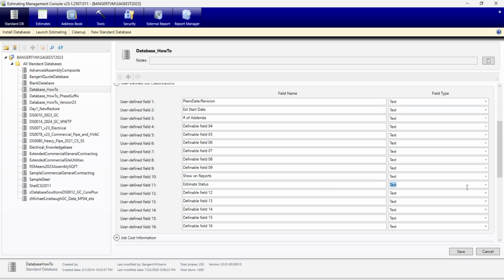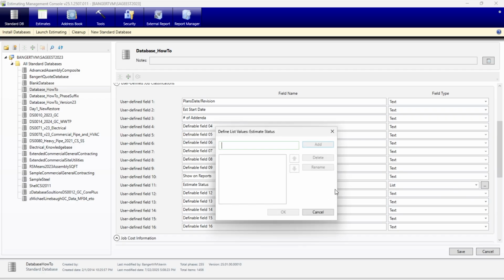But this is also where you can actually change, is that going to be a text field? Is it going to be a date field? So maybe if I had estimated started date, what's the estimated finish date? What's the plan date or the structural plan date or things like that? I could put in some sort of a date. Maybe I want it to be a list. So like estimate status in my mind probably should be more of like a list.